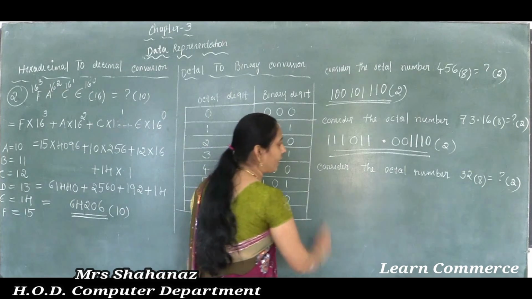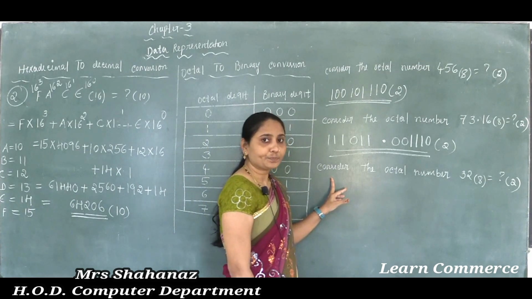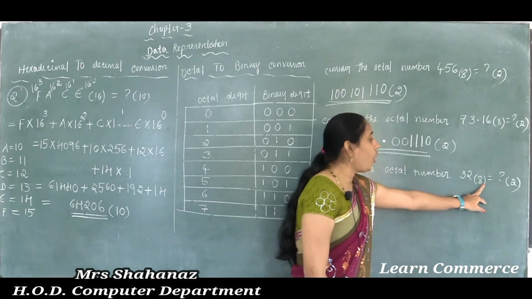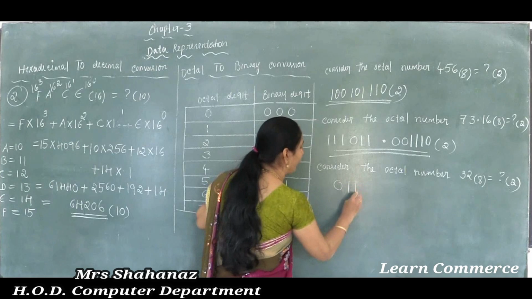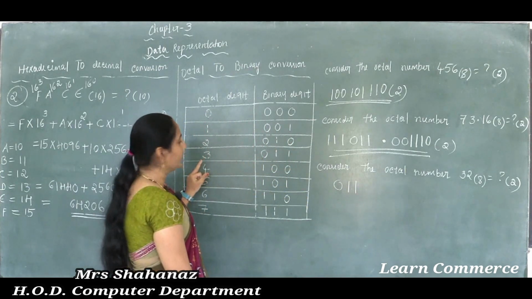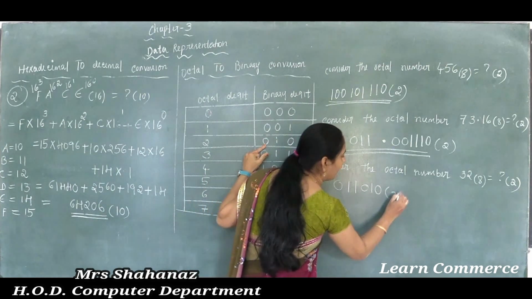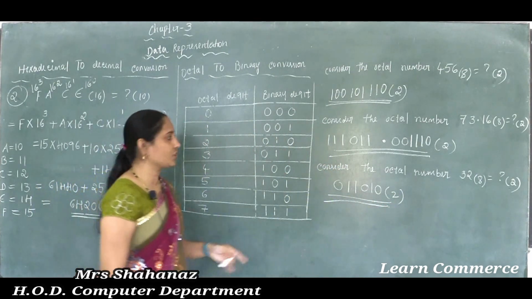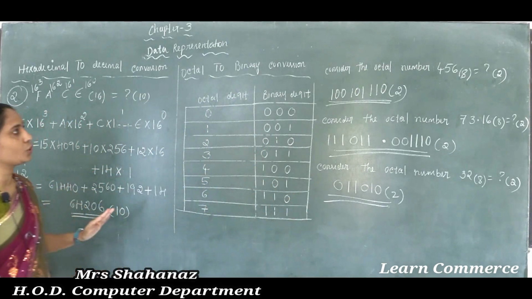Okay. Now the last value, 32. Now the third question I also want to complete: consider the octal number 32, octal to binary conversion. So the 3 value is 011. Okay, the 3 value is 011 here, and later the second value, 2, is 010. As we know, we converted from octal to binary conversion. So clear this point here? That means the octal to binary conversion.